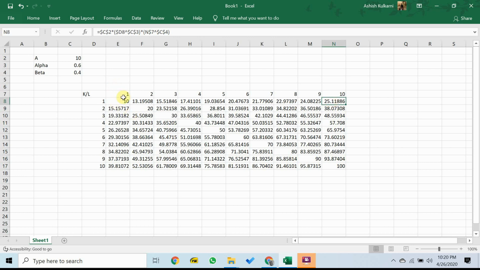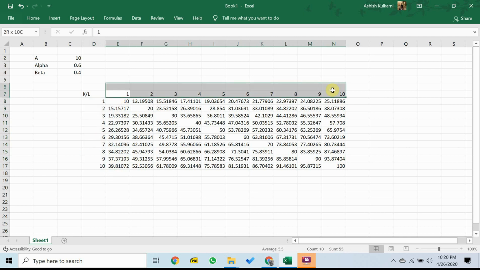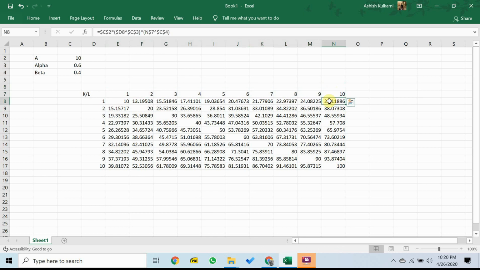I'll say that in English once again. If I were to 10x my machines, then output goes up by a factor of 4. If I were to 10x my labor, then output goes up by a factor of only 2.5. Why? Because this number is 0.6, which is associated with capital. This number is 0.4, which is associated with labor.